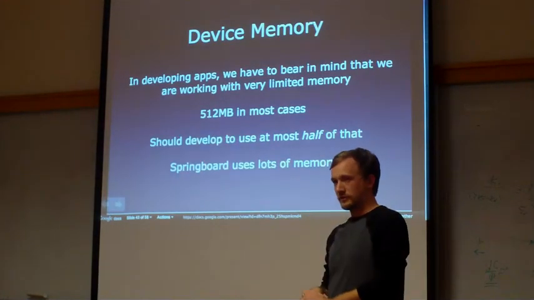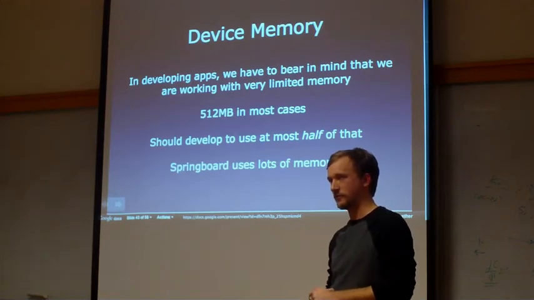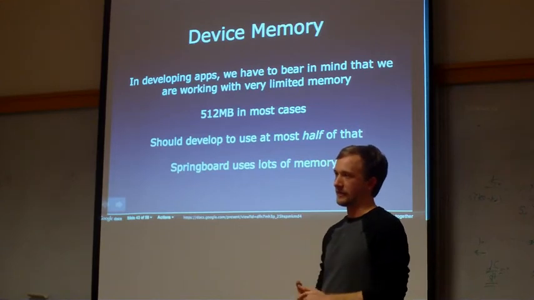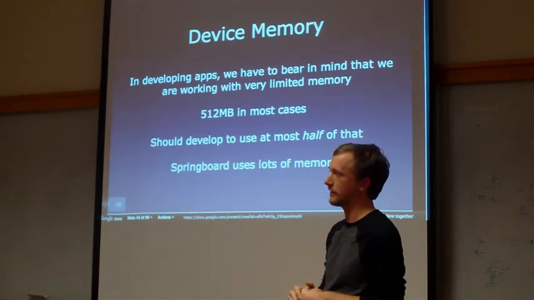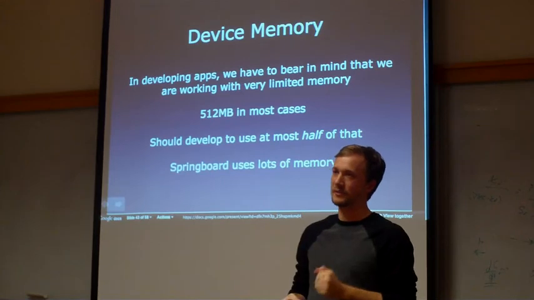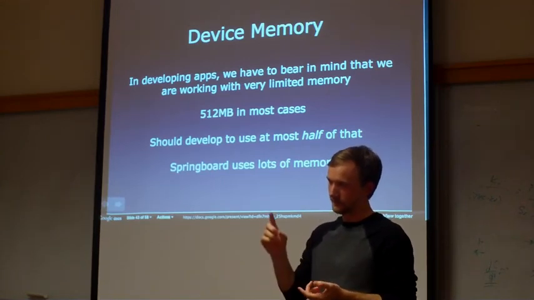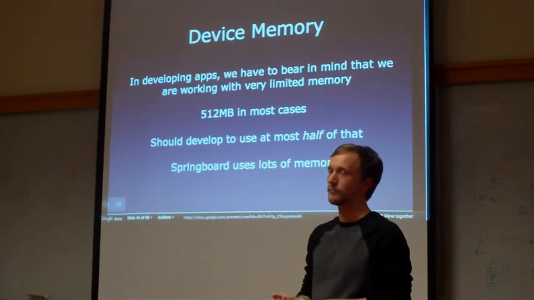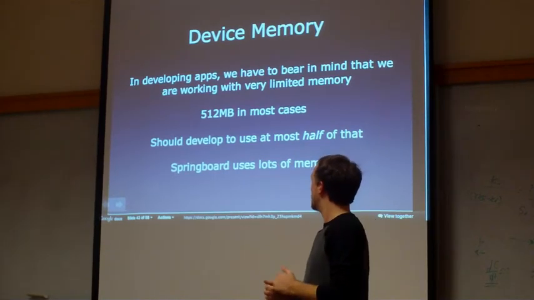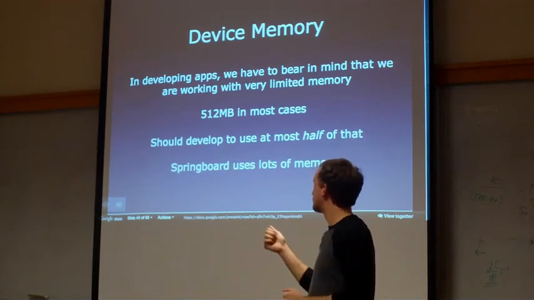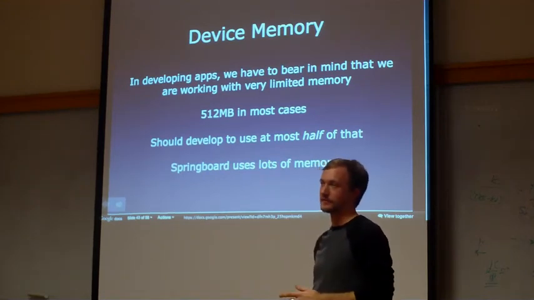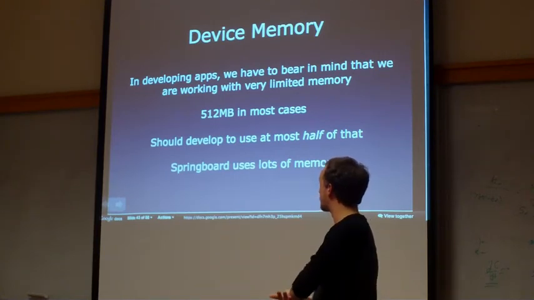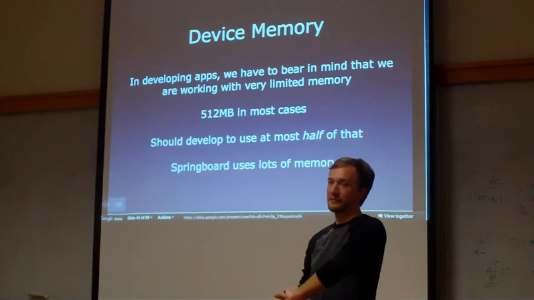Memory management is a huge issue. I'm sure some of you guys have heard that probably the most annoying and frustrating part with iOS is allocating and deallocating your memory. Whenever you create an object, it has to be allocated, initiated, and then when you're done with it, released. Leads to memory leaks if you don't. 512 megabytes is the max memory that we've got on these devices. Hopefully it'll be more someday. Probably will be more. But right now that's what we have to use. You should never be using that much.